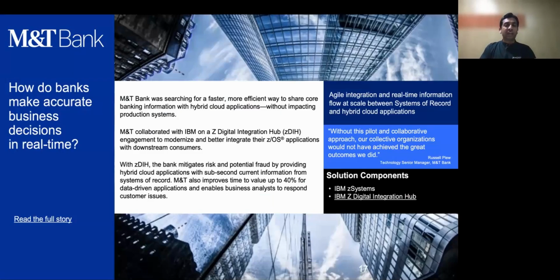Now if I talk about M&T Bank, this is our anchor client and the public reference for ZDIH Integration Hub. M&T Bank started their journey with ZDIH Integration Hub with 2 caches. With the help of those 2 caches, they wanted to share the information with their hybrid cloud applications to mitigate the risk and the potential fraud by giving the information in a much quicker manner, within sub-seconds. They started with those 2 caches. If we talk about their current scenario, they have more than 10 to 15 caches running in their production